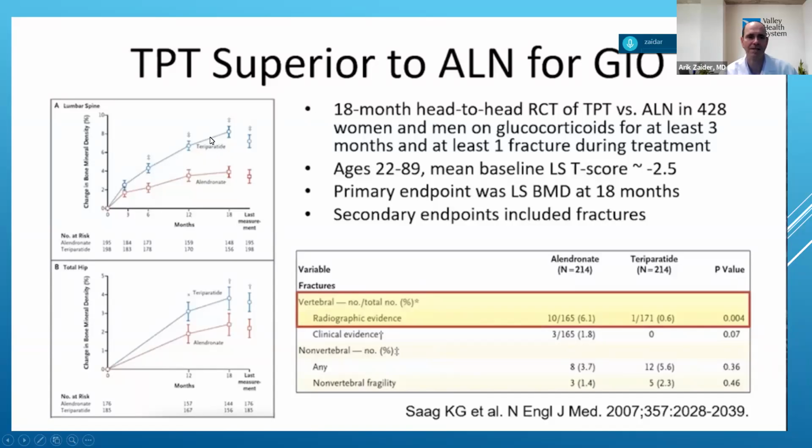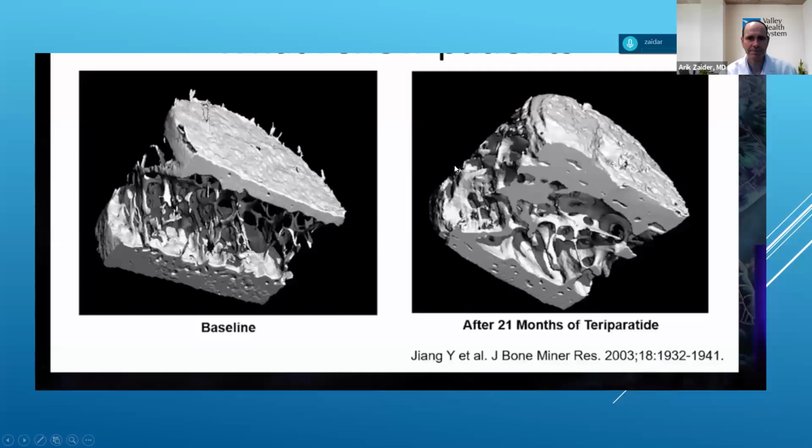You can kind of see it demonstrated here, changes in bone density. Look at the top blue line, which is Forteo, versus the red line, which is Fosamax. Here's like a pictorial demonstration of what it does. So if you remember the pictures I showed you in the beginning, what normal bone looks like, what osteoporotic bone looks like, it's very empty and the fibers have dissipated. This was the osteoporotic bone on the left. Here's what happens with Forteo. You see that there's now increased density of fiber in the middle of the bone and increased cortical bone. So it really is effective.